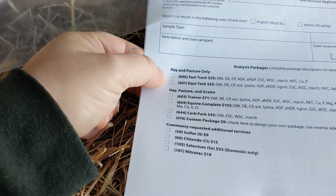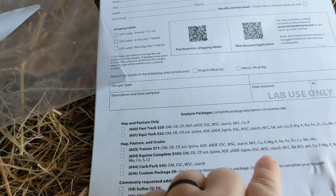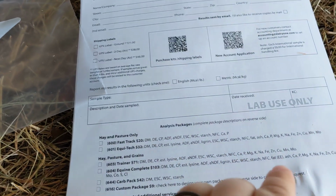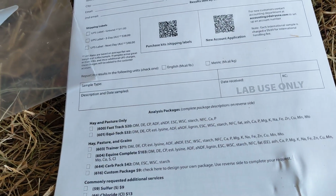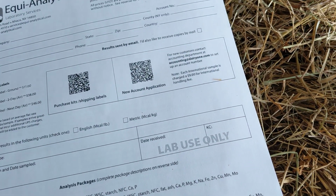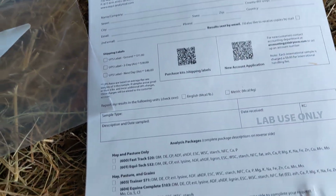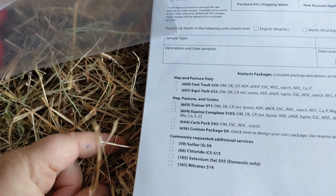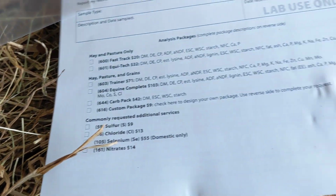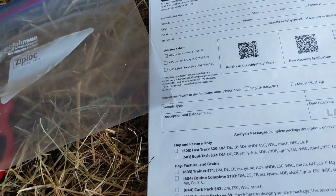You can get the cheaper one that's $20, and it gives you what you want to know: the crude protein, especially for goats, and then calcium and phosphorus. You also need to pay attention to the ADF and NDF if they give it to you. You don't want it to be too high in fiber so the goats can't use it. And then they just poop it out the back